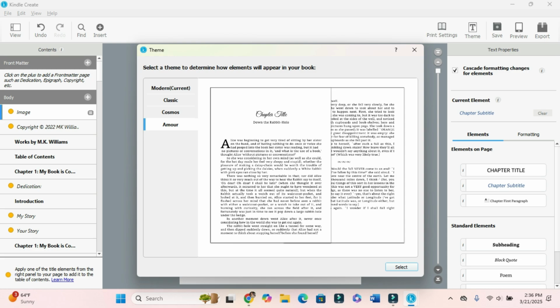Or a more. Those are your options. Now, if you have a very specific style for your book that you want, what I've heard is that Atticus has far more options. I am going to be testing Atticus later this year and doing a tutorial on that. So if you are very particular, very picky, you want a different theme that is not here, pay for Atticus or work with a formatter. Again, if you are very budget conscious, Kindle Create can get the job done for you. If you have a very specific design vision, you're probably going to need to invest elsewhere.